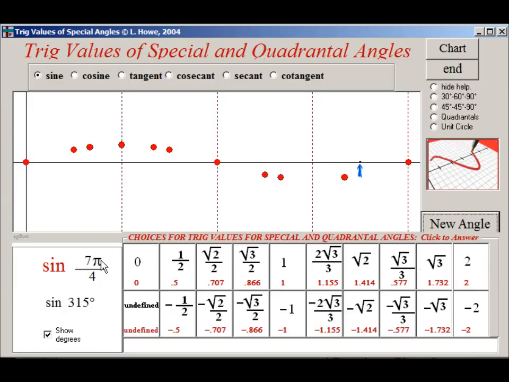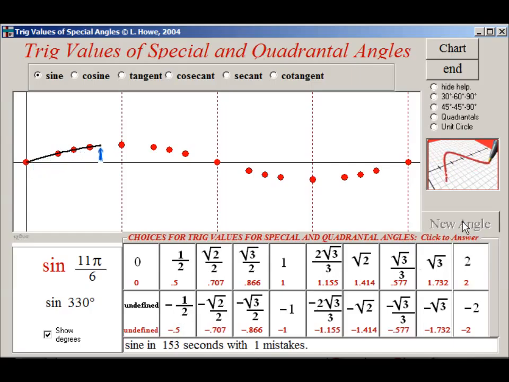The sine of 7 pi over 4 is negative that. The sine of pi over 6 is going to be positive 1/2. This one's negative 1/2, the one I missed before. Positive 1/2. Negative 1. Looks like one more angle. This would be a negative 1/2. And now, since all the special angles are completed, the program will connect the dots and show one period